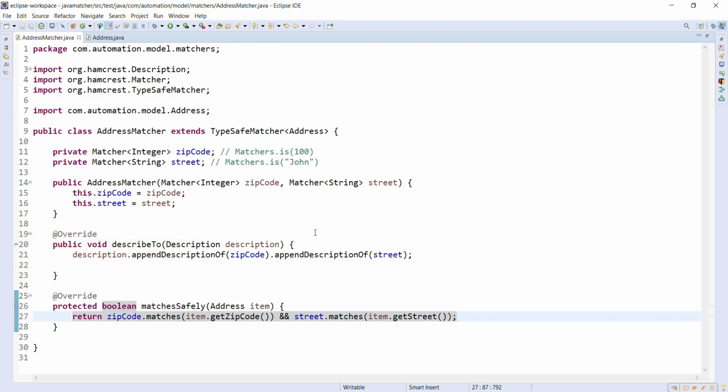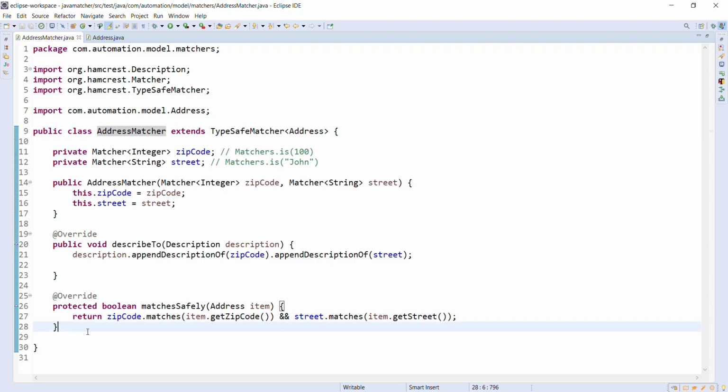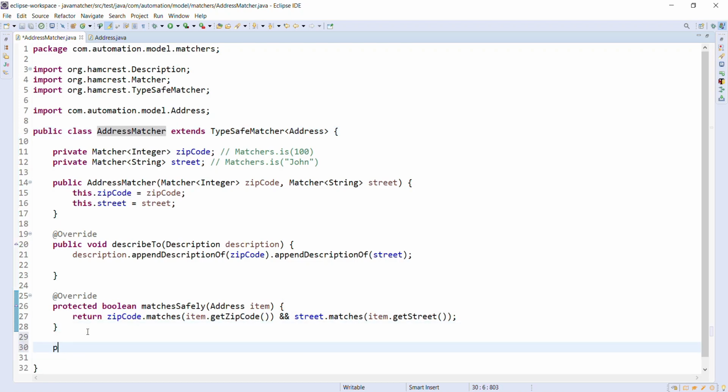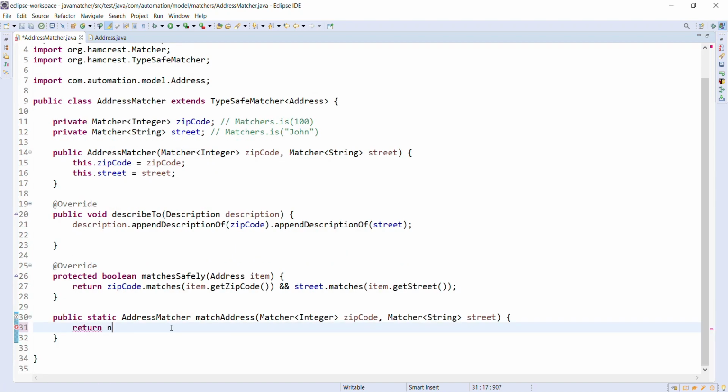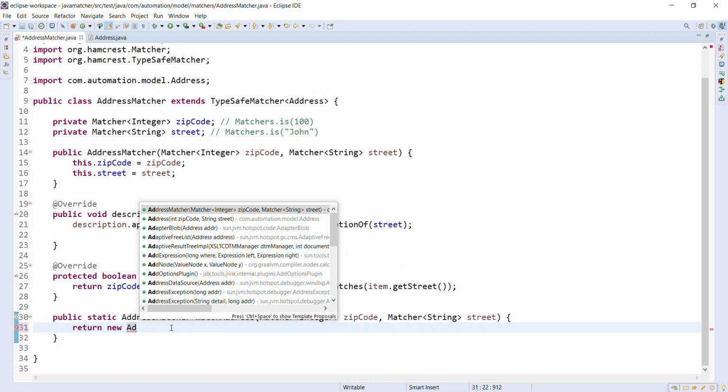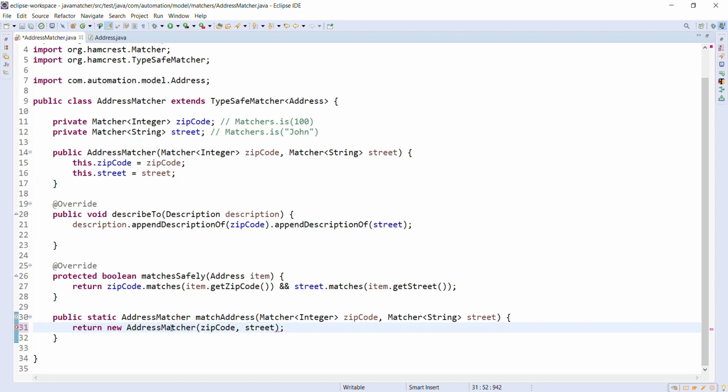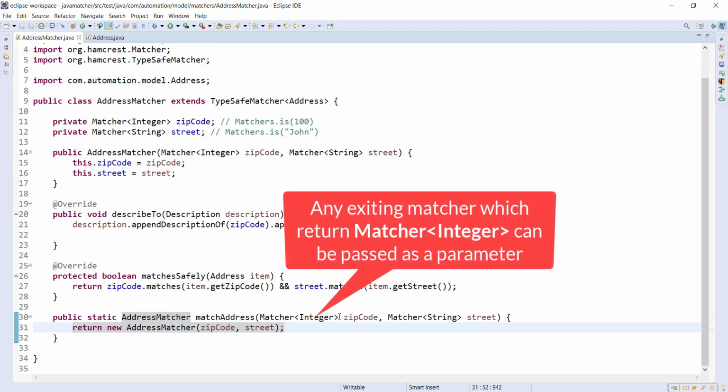And in the end we need to create a static method which will return us the instance of this class. The reason we are passing the types as Matcher of Integer and Matcher of String is because we want to use the existing Hamcrest matchers to validate the content.